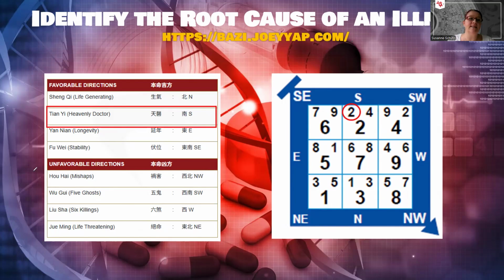If your sitting star in your personal Tian-yi sector is the star number 5, then you may have to look into basically your entire life situation, health and well-being. Physical, mental, and emotional health are not in alignment. So you need to make sure that you are emotionally healthy, mentally healthy, and then also, because this carries on into your physical health as well, make sure that you take a much, much more holistic approach to your health.